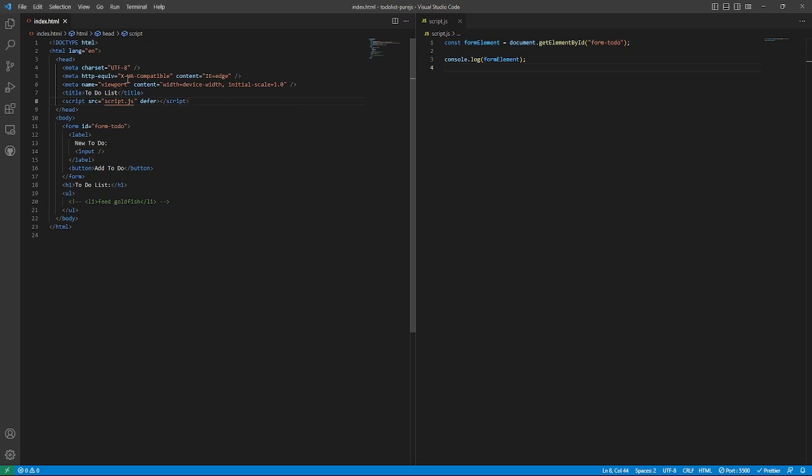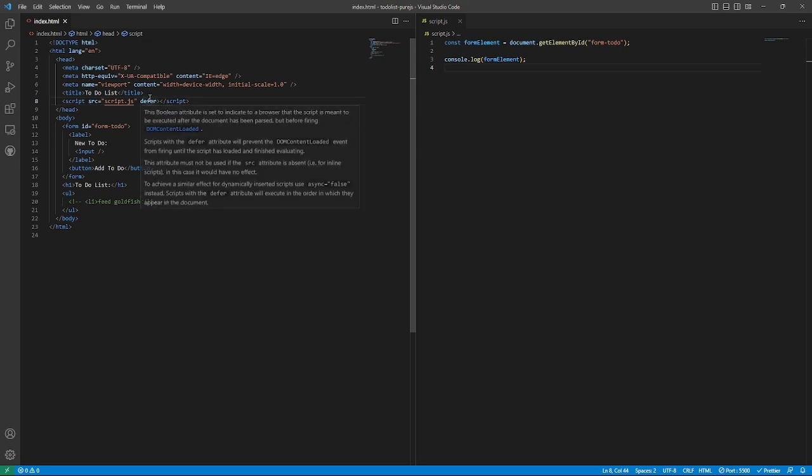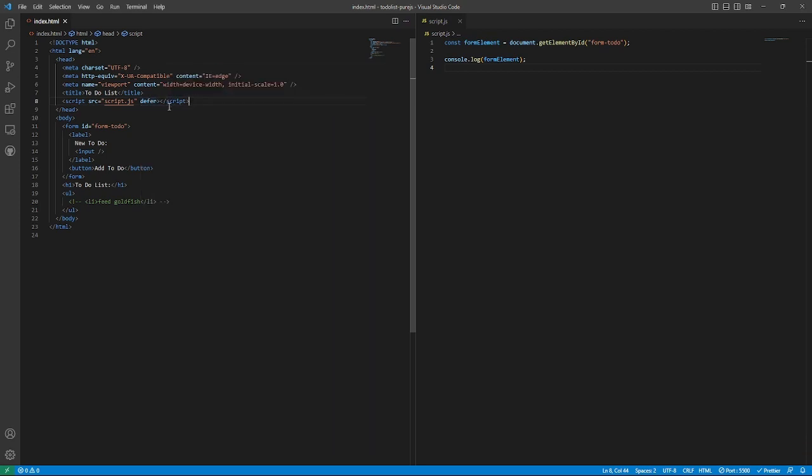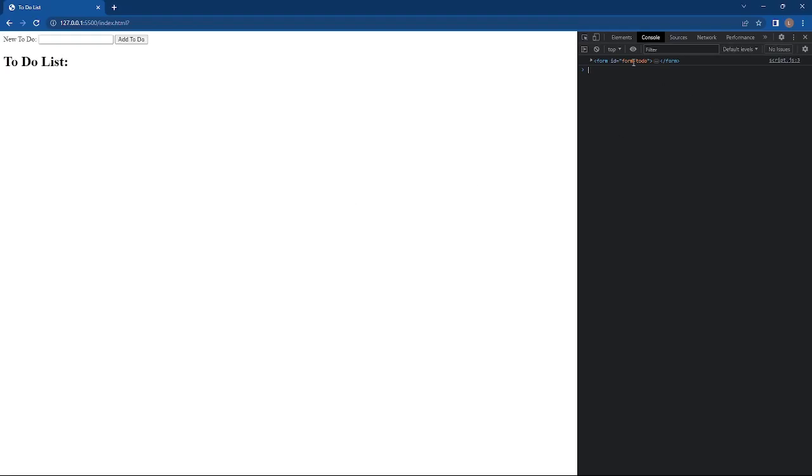But, and to be executed after the document has been parsed but before firing DOMContentLoaded. Scripts with a defer attribute will prevent blah blah blah. This attribute must not be used. Dabba dabba doo. You know, I'm not gonna guess. So, suffice to say, if I keep it up here and say defer, we still get